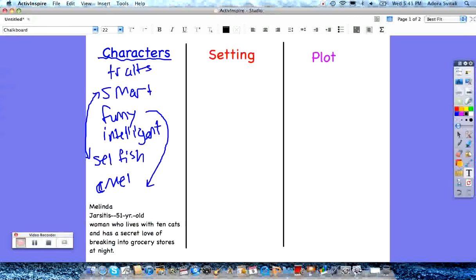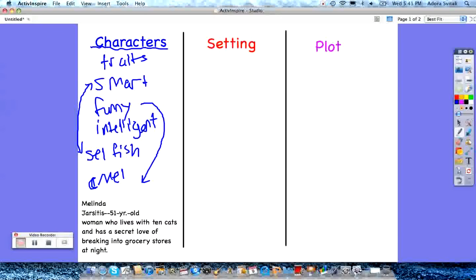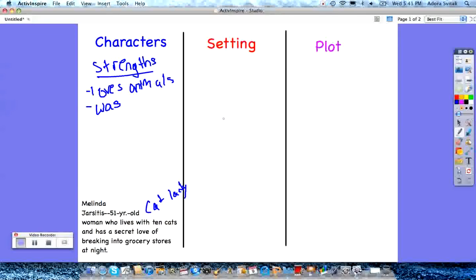And if I wanted to add some character traits, I could do, for instance, going to clear the annotations, and let's say that strengths of Melinda: loves animals. Well, that's kind of obvious. But you notice how I don't want to turn her into the normal flat cat lady. That would be sort of a flat character, the cat lady who lives with cats and that's all. I want to give her more dimension than that. So, loves animals, maybe was actually, I'm now thinking about her life. That's sort of a mistake. Oops, forgive the